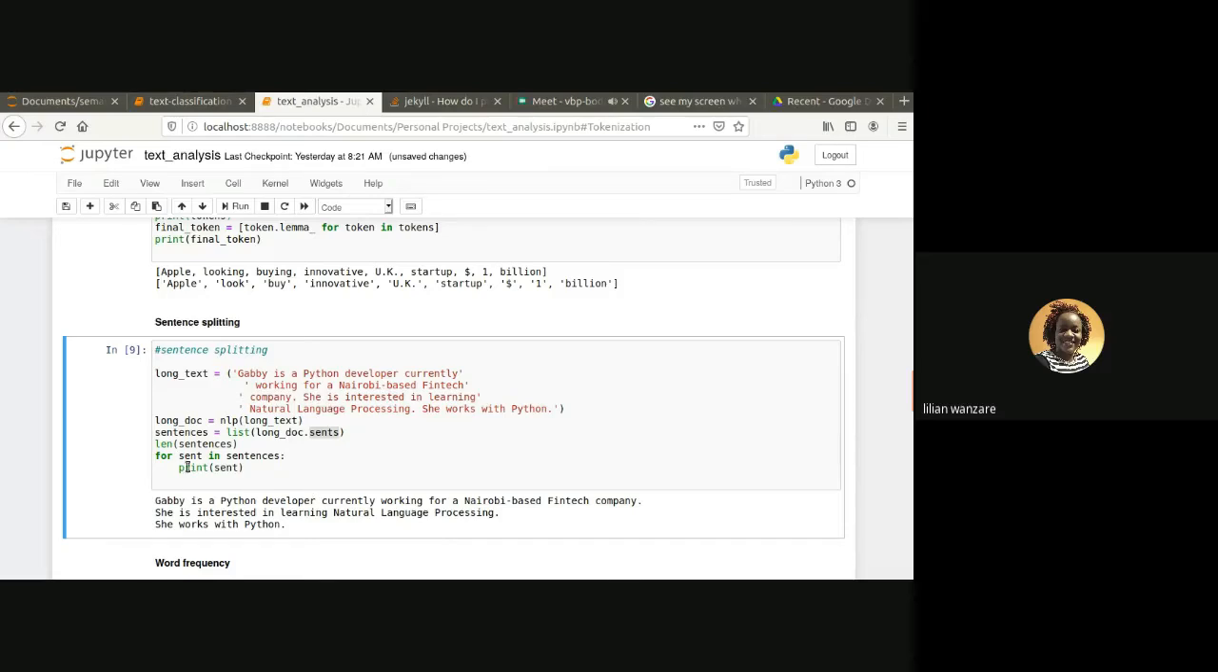So you can imagine, if you have this document, you can also print out the tokens. For every sentence, we'll print out the words, the tokens. For every sentence, you can remove the stop words, you can remove